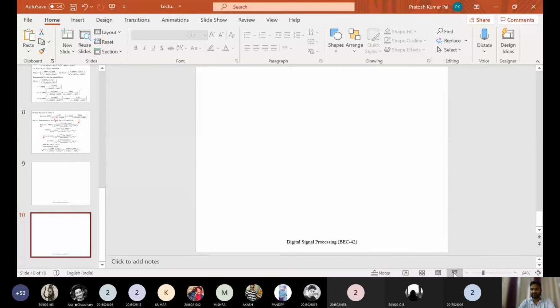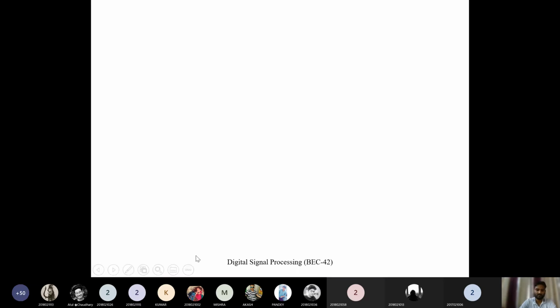So we will be taking one more question. Suppose a question is given like, you need to find out the order and the cutoff frequency of a given digital filter specification. Suppose we have been given a specification of a digital filter. From there, you need to find out the order and the cutoff frequency. So suppose that filter is being represented by